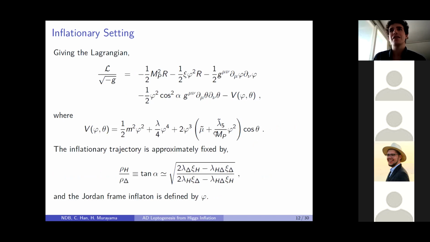Now, the interesting part about this two-field inflationary mechanism, with both having non-minimal couplings, is that you can define the inflationary trajectory along a fixed value of alpha. And so what you find is, if you consider this potential with all the alpha components, that defined by all the different input parameters of the model is this trajectory. Which field dominates the inflationary setting is fixed by this ratio and is determined by all those couplings. That's important for our model because, as I showed before, let me get back.